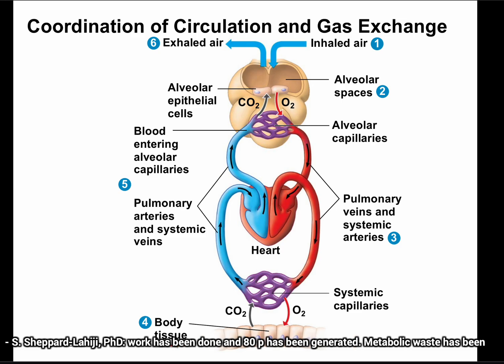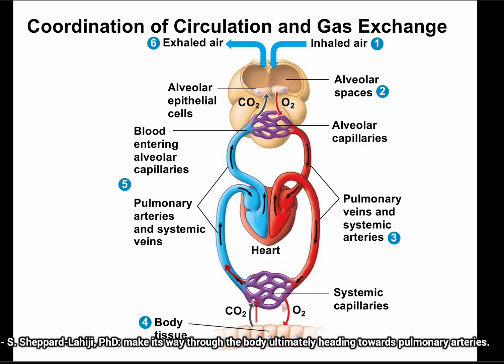At systemic capillaries, we will have an exchange take place because at the body tissues, these will be sites where work has been done and ATP has been generated, metabolic waste has been made, and now we're saying we need more of that final electron acceptor. So we're going to take on some oxygen here that's coming from these oxygen-rich vessels and drop off the CO2 that was produced through carrying out our everyday metabolic actions. And now we have oxygen poor blood that will make its way through the body, ultimately heading towards pulmonary arteries,